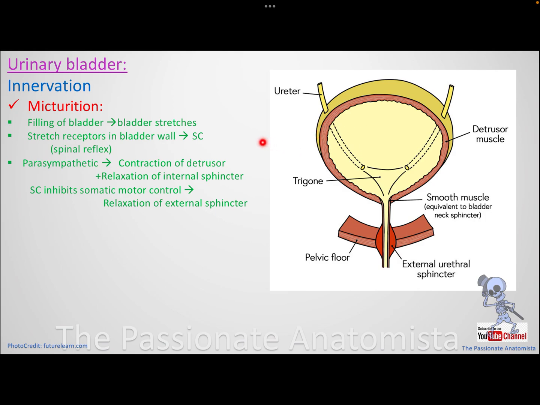Once you get that activated at the spinal cord level, you will have parasympathetic neural flow, and the parasympathetic innervation will cause contraction, because remember, sympathetic is fight or flight, parasympathetic is rest and digest, and of course urination. Anything that doesn't need fight or flight mode means you are in relaxation, urination, everything. So once parasympathetic is activated, it will cause contraction of the detrusor muscles,